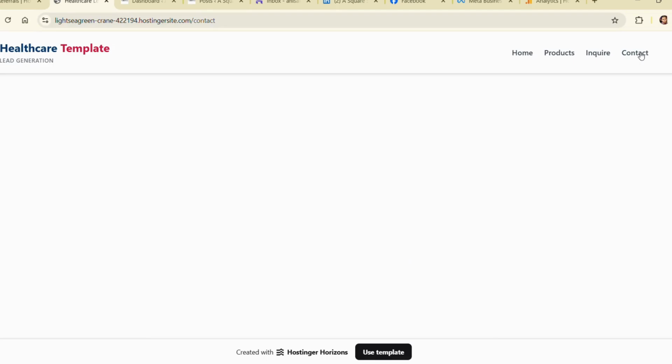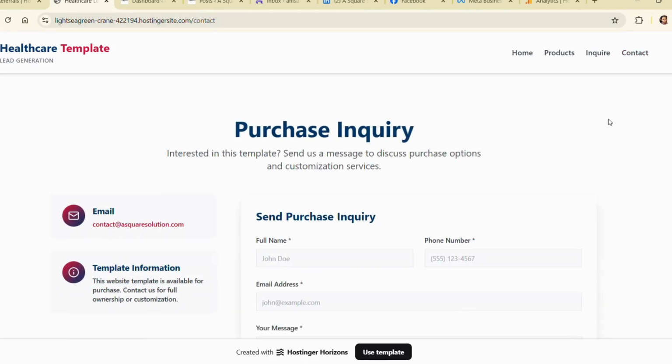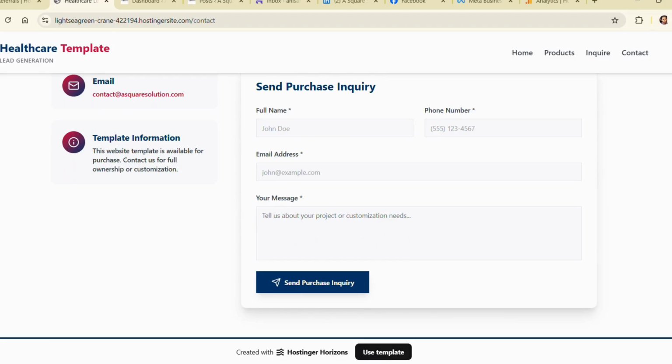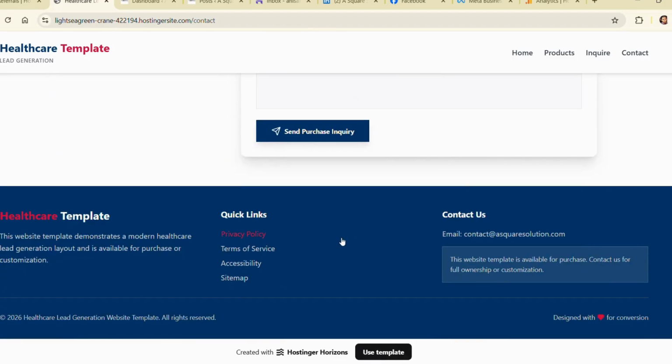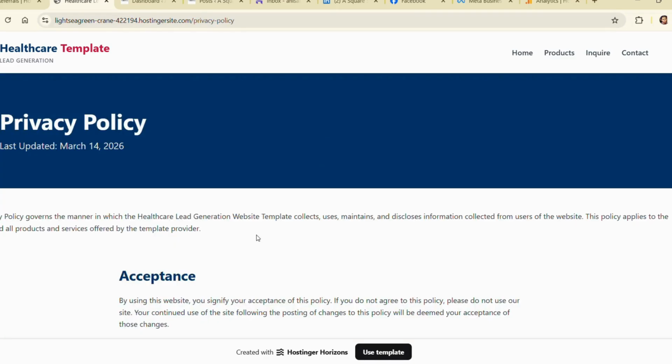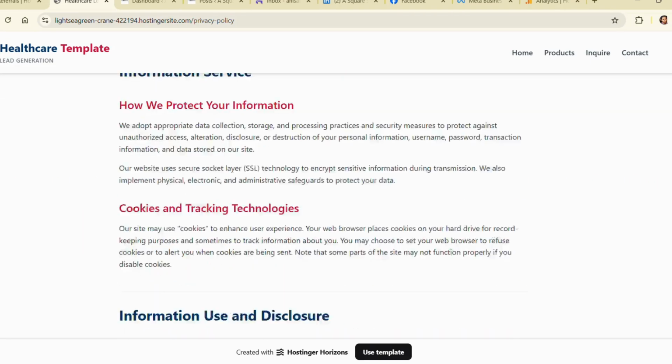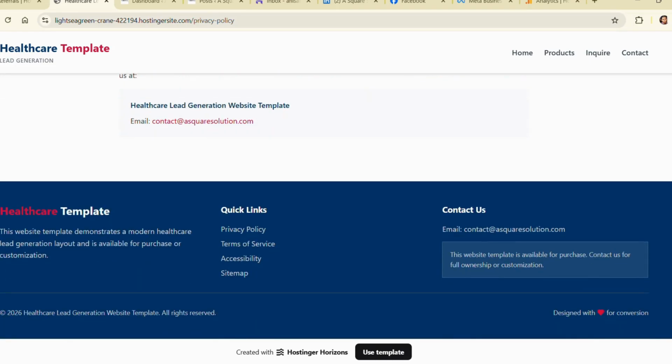And the website also includes a contact page where users can send inquiries directly. And for compliance and professionalism, the website also includes a privacy policy page and proper footer implementation. You can see that. So this website